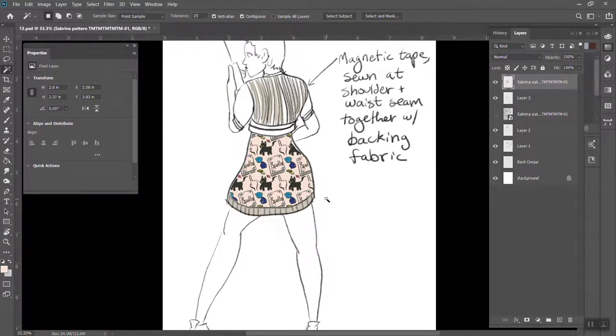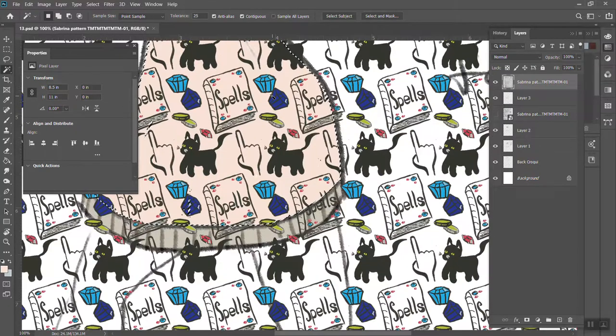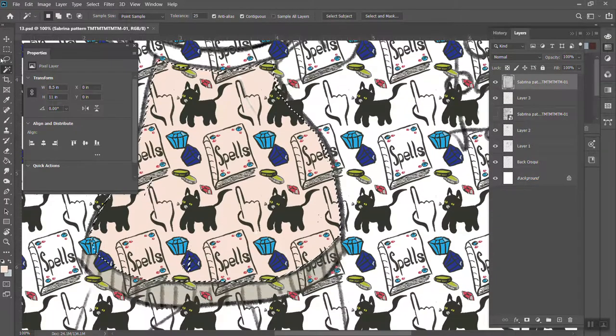It's subtle in this pattern, but if it were, I would have to do a little bit better selecting all the way up to the edge there. But if this were like a stripe, it would look really obvious. So we need to learn how to warp the pattern to the garment. And the best way of doing this, I think the best way of clipping stuff to a garment is to actually use